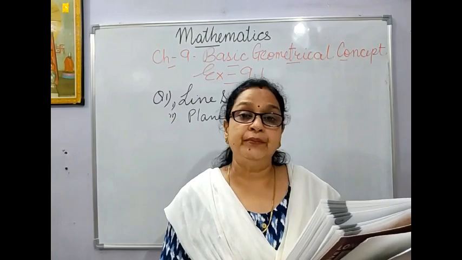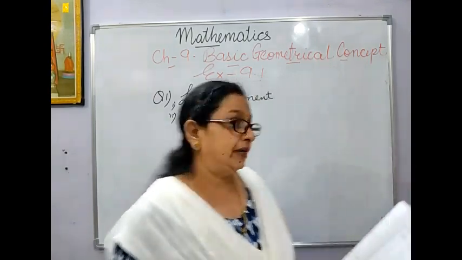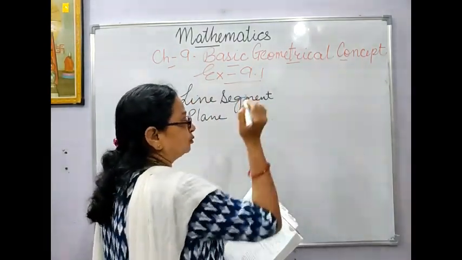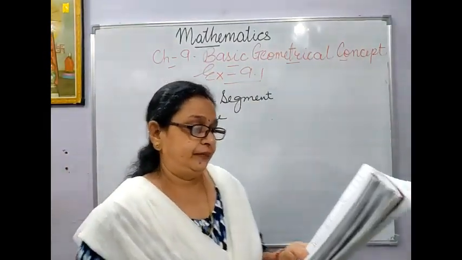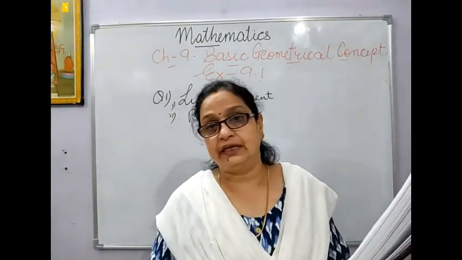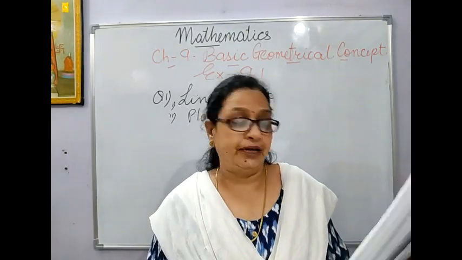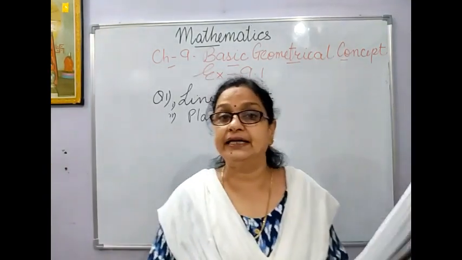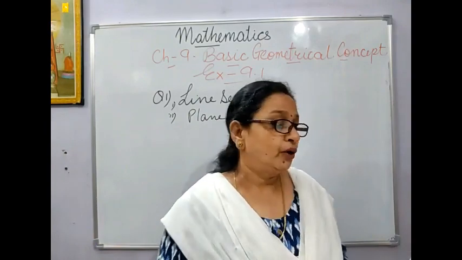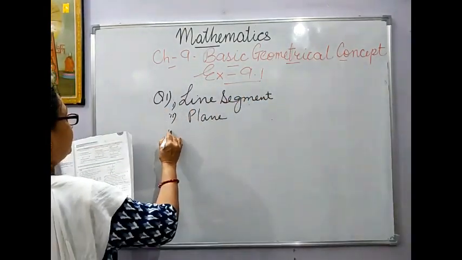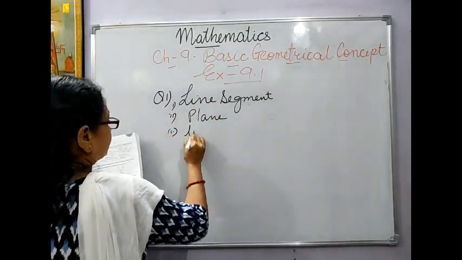Then tiny prick made by the fine pin. That is, in the beginning I told you what is this? Point. Surface of the floor, it is plane. Then corners of the square, it is point. Corners, we are not saying the edges. We are just seeing the corners. So, the third one will be your line segment.